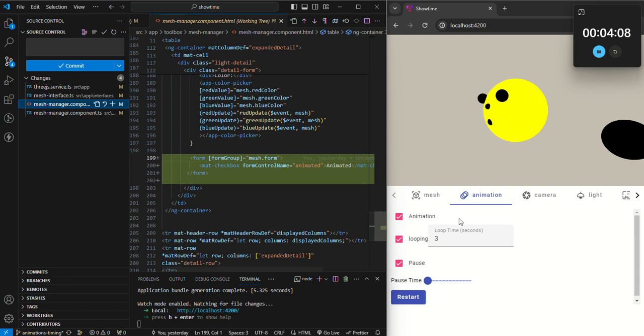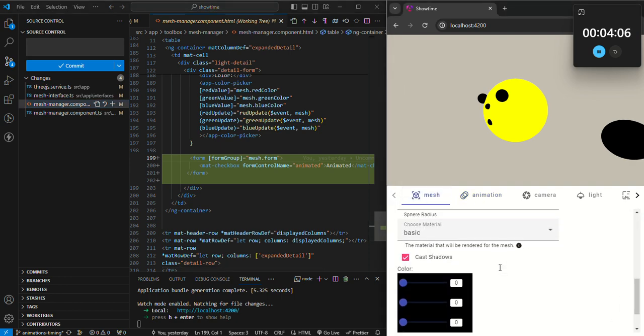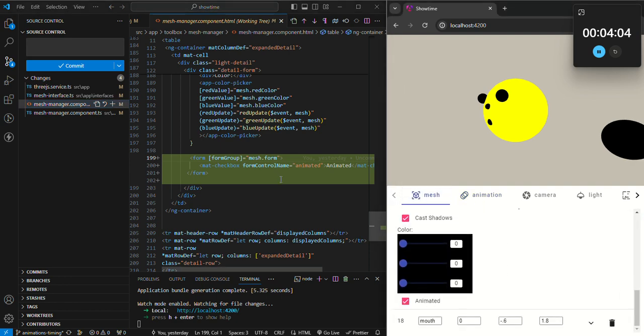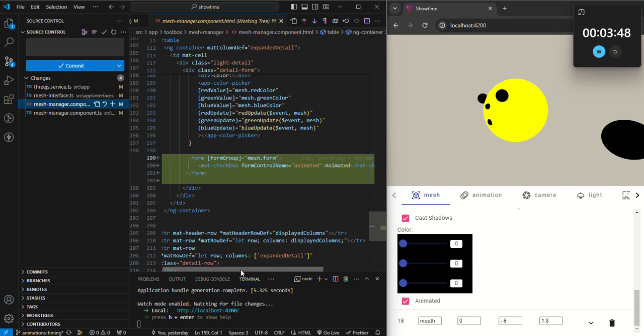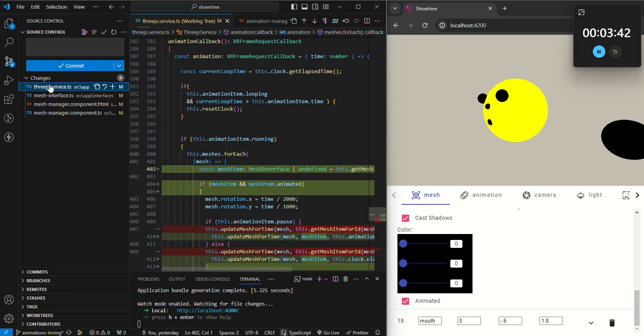Then I added the form, so that's what this is, the check down here. So this is Angular Material, and basically I imported the checkbox, or the checkbox was already imported because it was here for cast shadows, and then this is just how you do the Angular Material stuff. It's very well documented on their website. And then we already went over this, and then in the 3JS